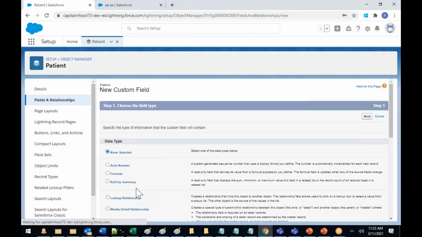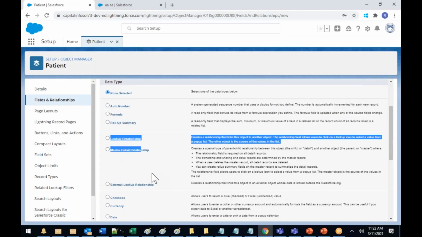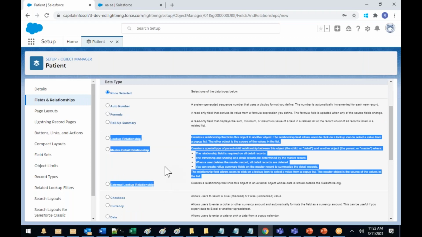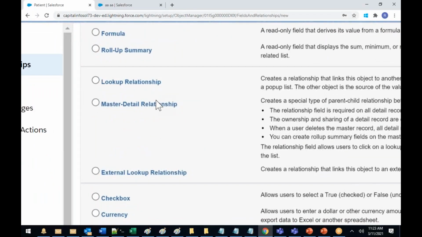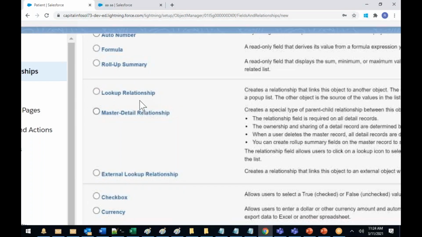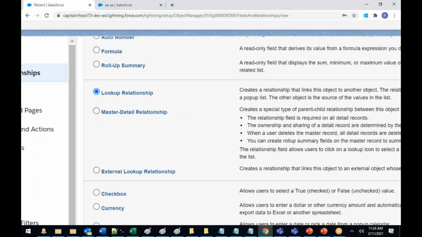Whenever you come to the fields and relationships and click on new, do you see any relationship called junction? No, I see only three types of relationship: lookup, master detail, external. Junction and hierarchy are not visible. You just need to create a lookup,